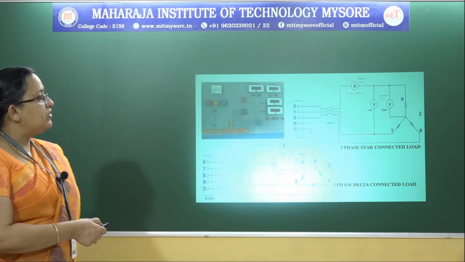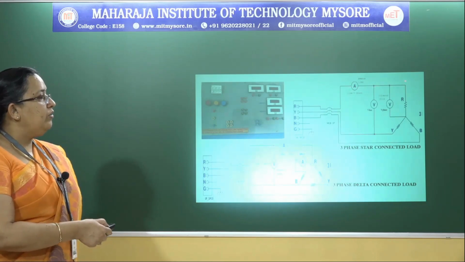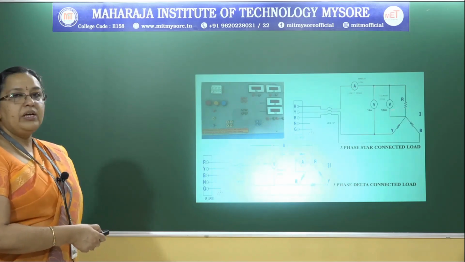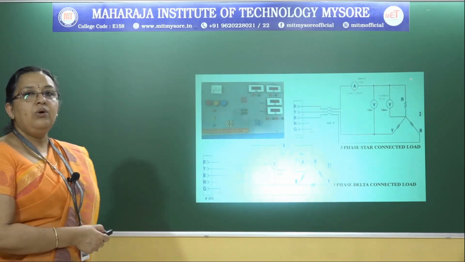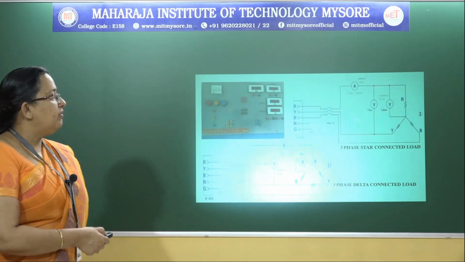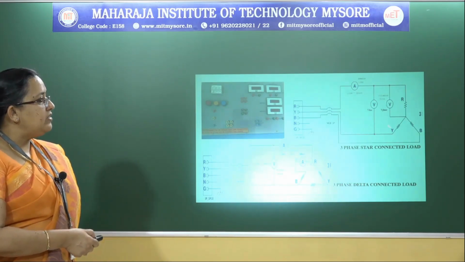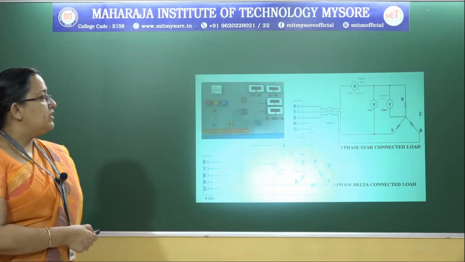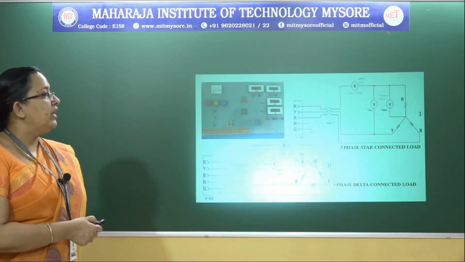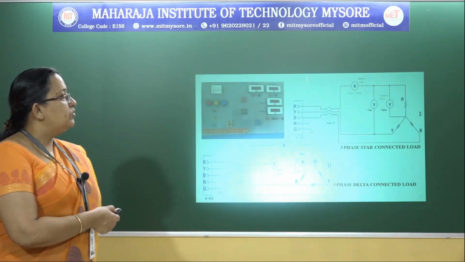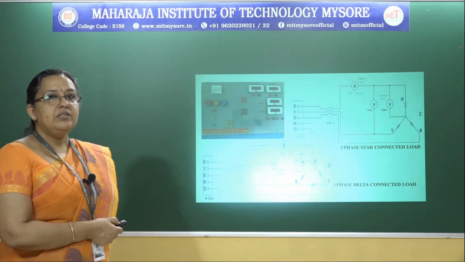We connect an ammeter. This ammeter will give you the phase current value or the line current value in case of a star connected system, because they both are the same. So we need only one ammeter to get the values in case of a star connected system. And as this is a balanced system, the current passing through Y phase as well as B phase remains the same. So we connect only one ammeter to measure the line or the phase current in a star connected system.